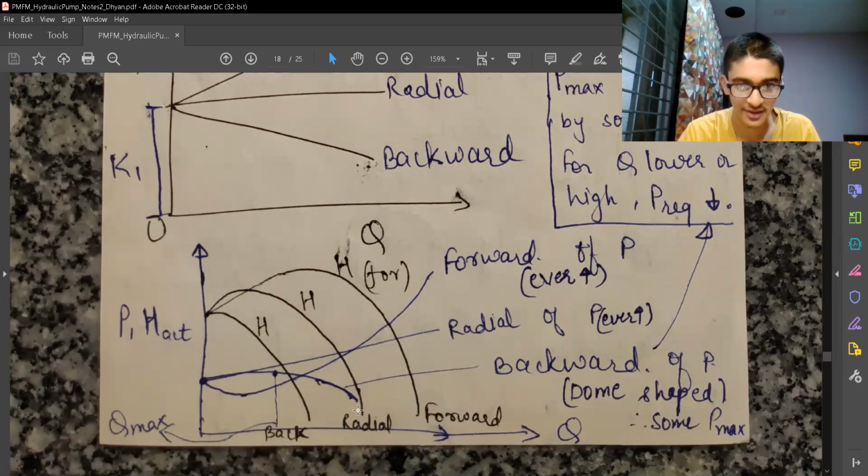Even if we change the flow rate, we are not going to have a very large change in the power requirement. Over here, if we go from here to here and the flow rate changes, the power requirement changes a lot, and we can trip the system, we can burn our system, and such things can happen. System means the pump. But over here, we have a self-limiting characteristic because of the blade's nature, and because of that, the power requirement is not going to change much and will not harm the system. Okay, we'll stop over here.